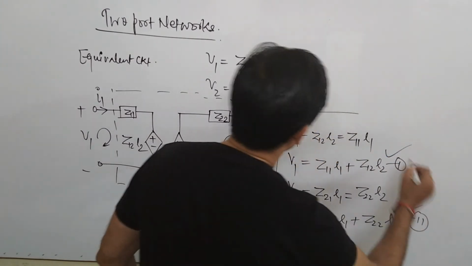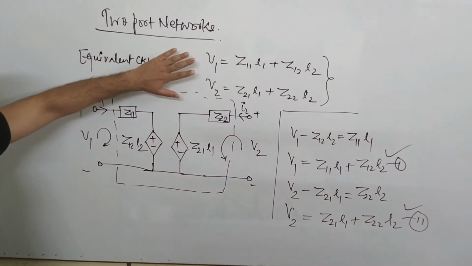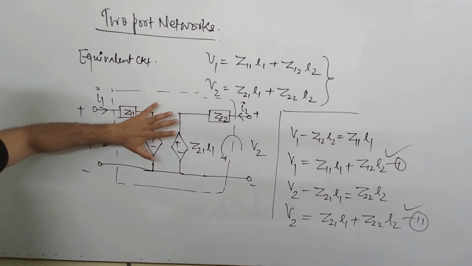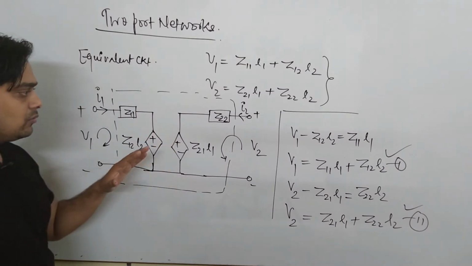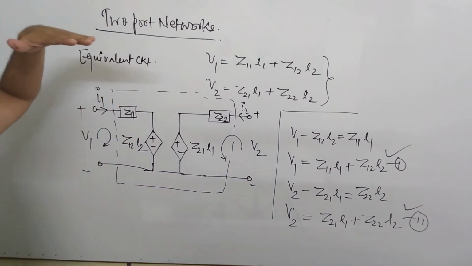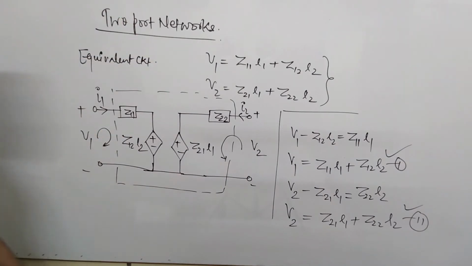Now if you see these two equations, and these two equations are same. So yes, we can say that we can represent this port parameter equation in this form. Just keep in mind, very important, this equivalent circuit model. Why? Because you will sometimes find a very ticklish question asked in GATE based on this concept, and these are very simple concepts. But if you are not able to recognize it, it will be difficult for you to solve the problem based on such equivalent circuits. So this is all about the Z parameter, in which we have seen the different conditions, and finally we have seen the equivalent circuit.